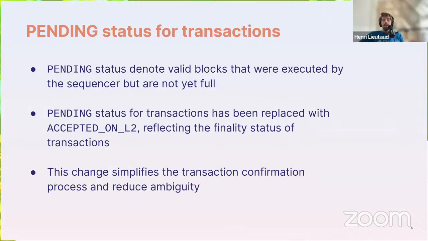Right? I'm not sure the question says, but I'm guessing this is reorgs on L2. So reorgs on L2 cannot affect the transaction status. The only thing that can change the transaction status is a reorg on L1. For example, if a transaction is dependent on a message from L1 or something like that, then this can change the transaction status. But as Evyatar said, this is